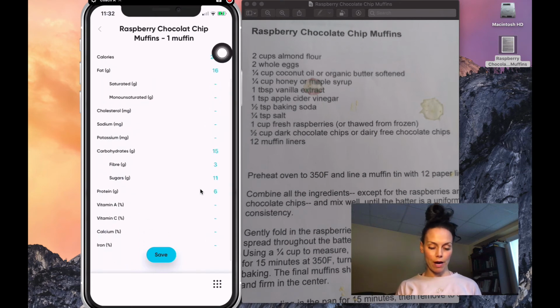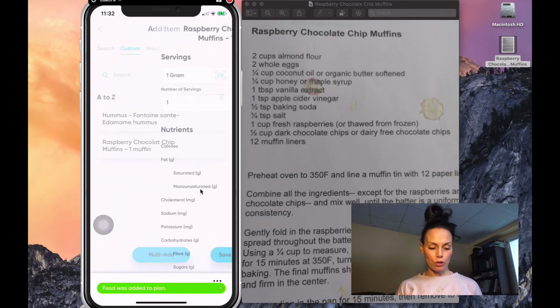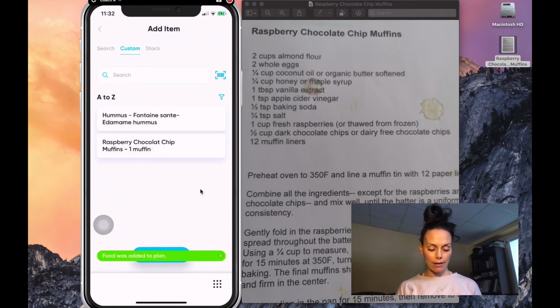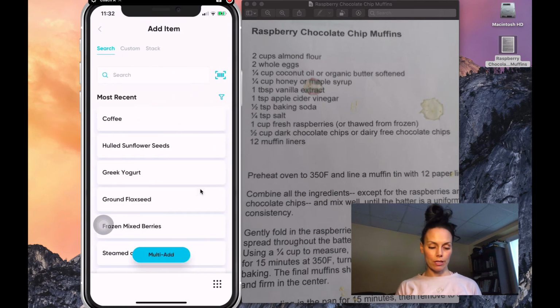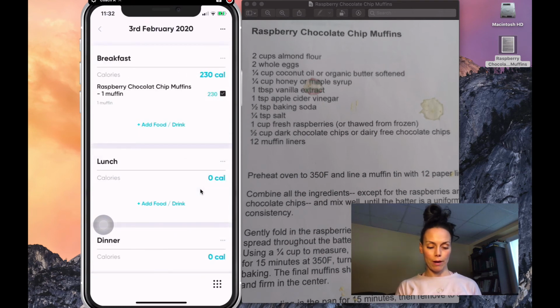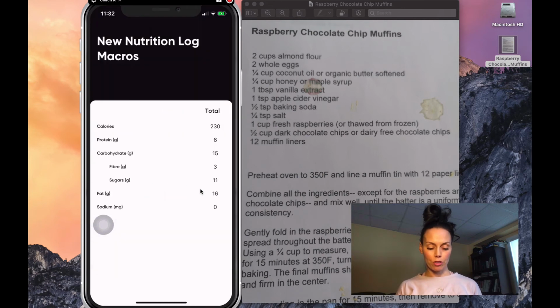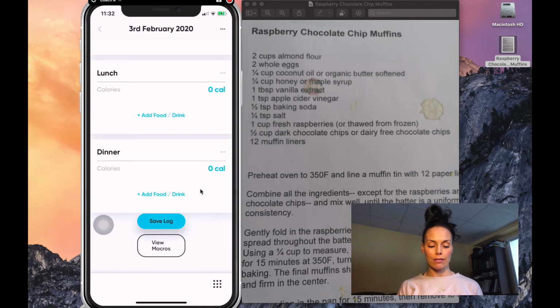And so they have all the macronutrients here for the ones that we put in, and you can always go in and edit them at any time. And we're going to save that because we're going to add that. Food was added to plan on green. So if we go back to back arrow, you see that it's here. And if we look at the macronutrients for that particular food, it has the correct macronutrients that we entered into the app. And so this is a way you can go ahead and add your own foods to the app